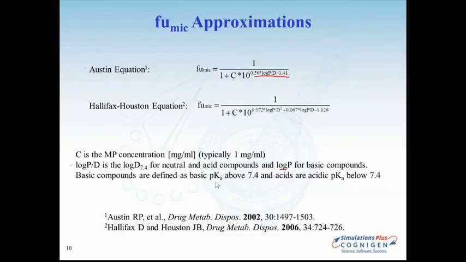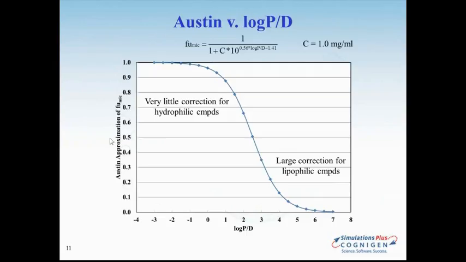Basic compounds are defined as having a basic pKa above 7.4. Acids are defined as having a pKa below 7.4, using these equations. Later on, Halifax and Houston looked at the relationship between log P and FUmic and noticed that it wasn't a linear relationship, so they introduced this quadratic term in their approximation. So if we simply look at the Austin approximation for fraction unbound to microsomes and graph that versus log P,